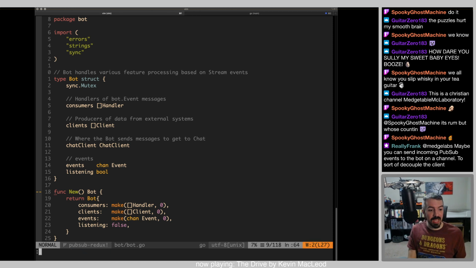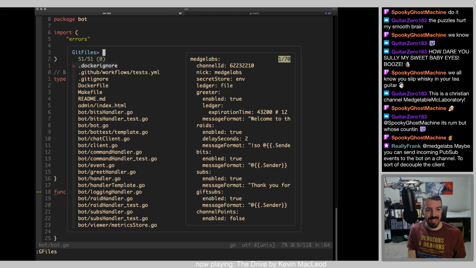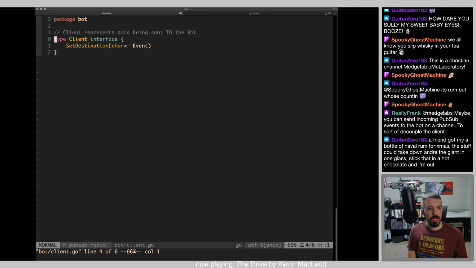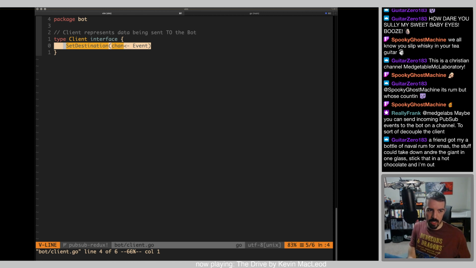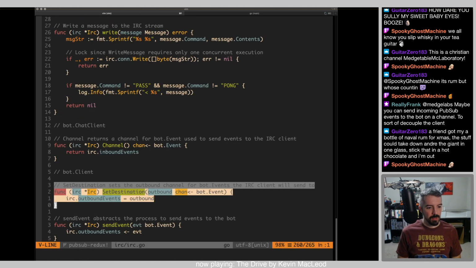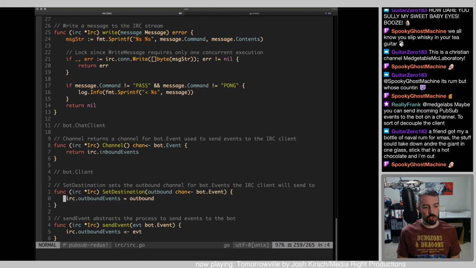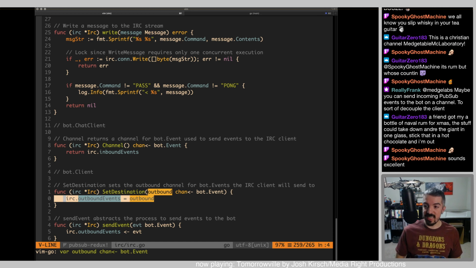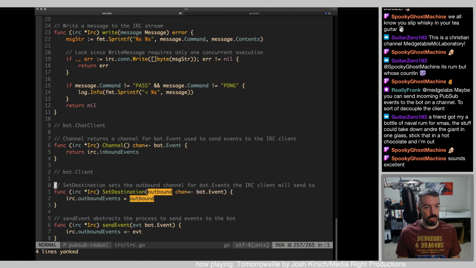Yes, so that is actually what the concept of a client is. Inside of the bot, we have this interface called client. And in client, we have this set destination, which accepts a channel of bot.event. And the way that IRC actually does this is that IRC stores a reference to this channel internally. And this is how IRC sends messages to the bot. So in effect, we could just copy